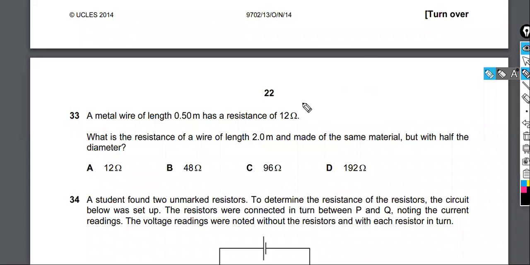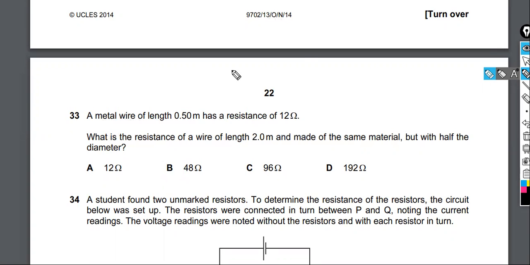All right, here we're looking at a worked example problem from paper 1. This actually comes from paper 13 that was administered October-November 2014. It's question number 33, and it reads, a metal wire of length 0.5 meters has a resistance of 12 ohms. We are to calculate the resistance of a wire of length 2 meters and made of the same material but